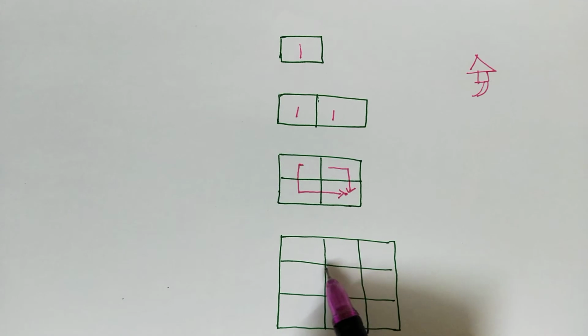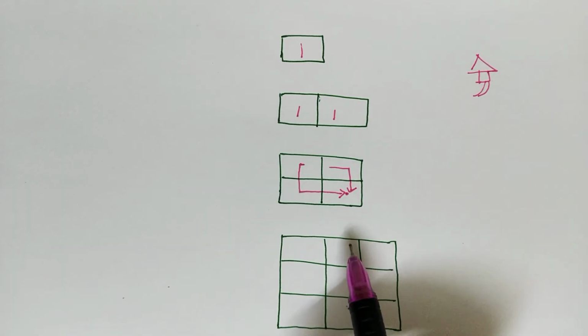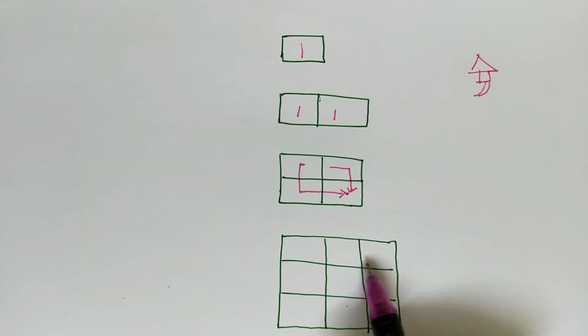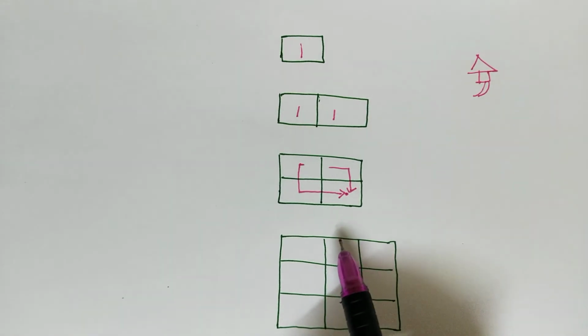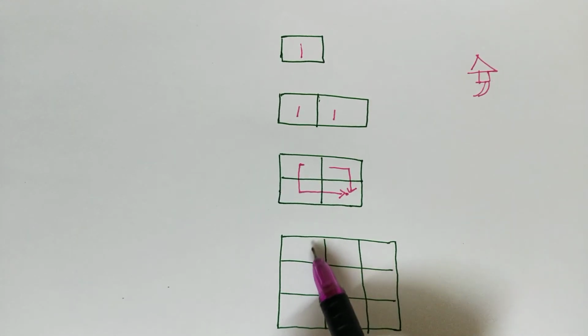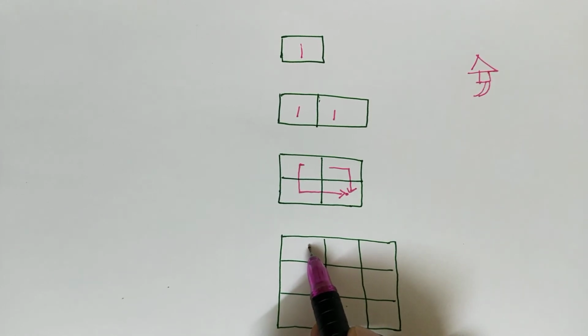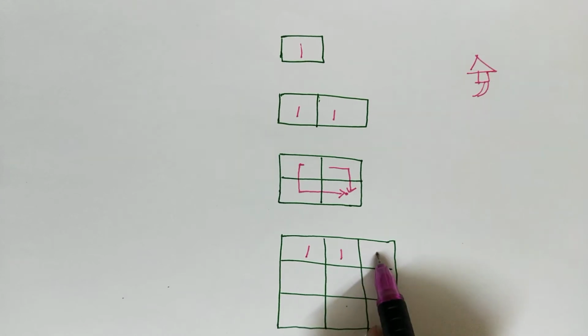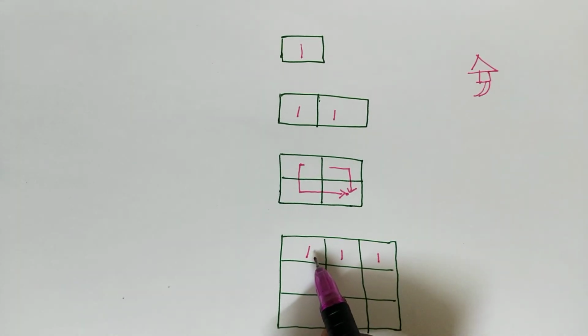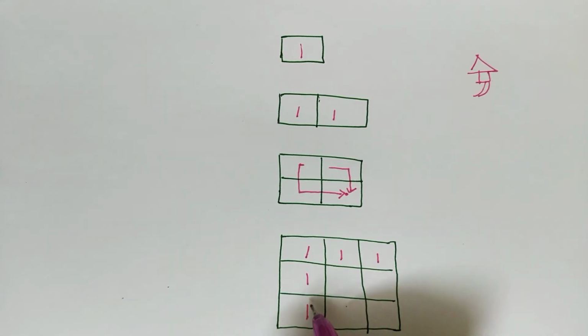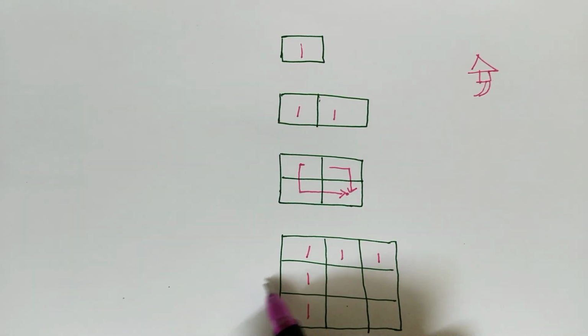Now what if the size of the grid is large? So we know the first value of the first row and first column will be only 1. Why is that? Because in my first row I can come only from the left direction. There is no way that I can reach the grid from the upper direction, because this is the start of the grid. So I will fill the first row values with 1. Similarly, for the first column I can fill the values with 1, because I can reach the first column only by traveling down. There is no way I can travel right, because there is no cell to my left.